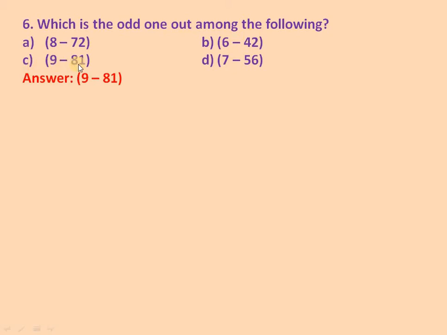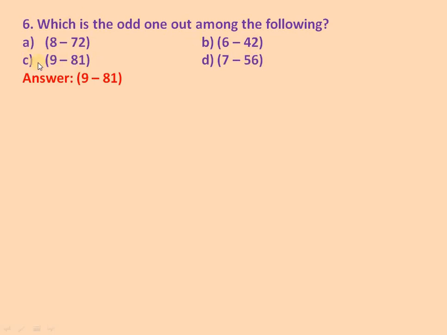Similarly, 9 9s are. So it is equal, but we have to take one digit ahead. It has to be 10 over here, not at all 9. So I think this is the wrong one, but let's see the last option. 7 7s are, so we will take 7 8s are 56. So all these A, B, D fit the combination of one digit higher, one digit ahead.